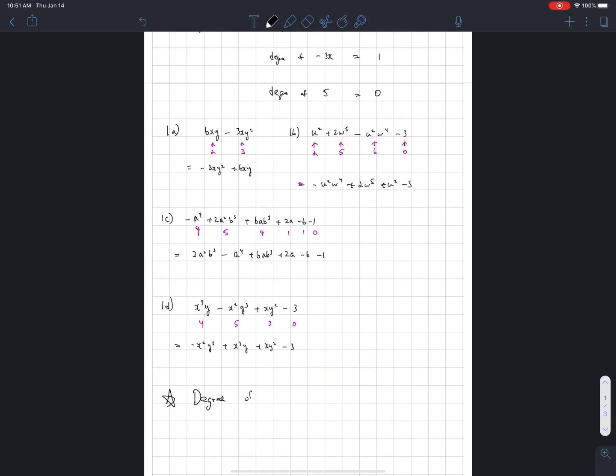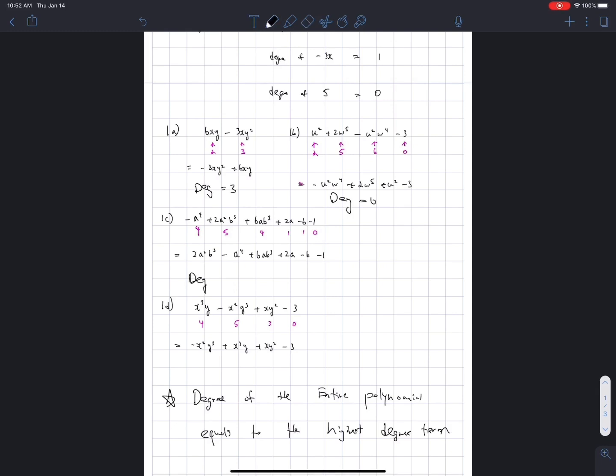So the degree of the entire thing, the whole thing, these are called polynomial, equals the highest degree term. So in 1a, the highest degree term is 3, so the degree here is going to be 3, the degree of the entire polynomial. In 1b, the highest degree term is 6, so the degree of the entire polynomial is 6. 1c,